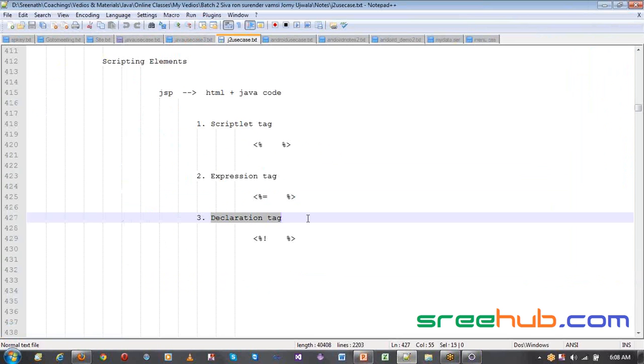So as discussed, the declaration tag is something which is same as